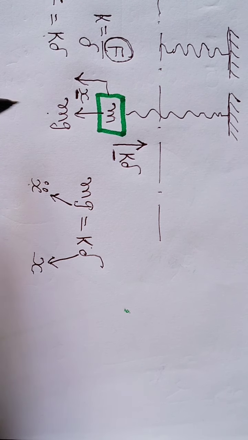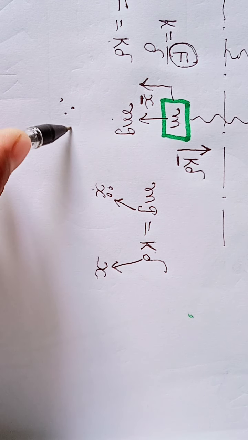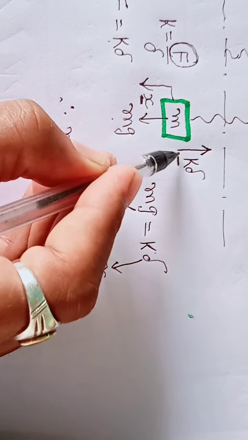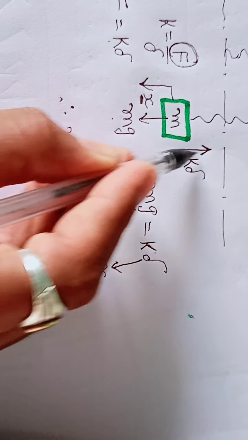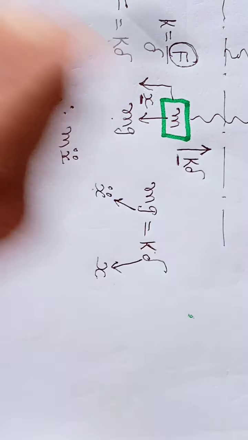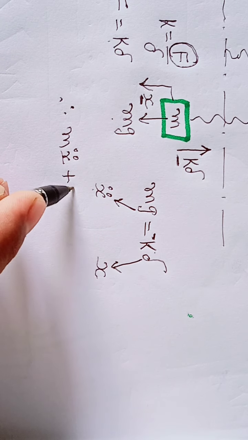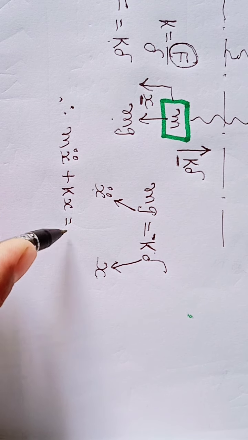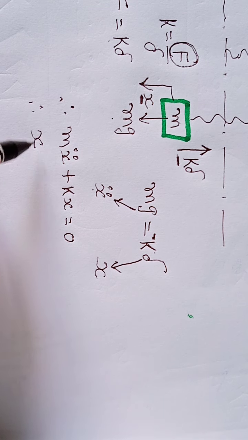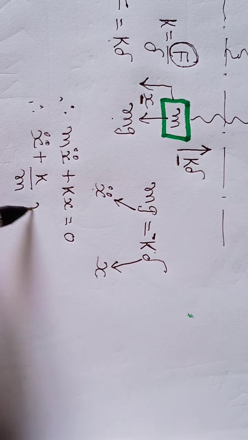So final equation will be, whether it is visible or not, yes, it is visible. Therefore m x double dot, kx is in upward direction, so we are using positive for downward direction and negative sign for upward direction. Here it is minus, so plus kx is equal to 0. Therefore x double dot plus k upon m x